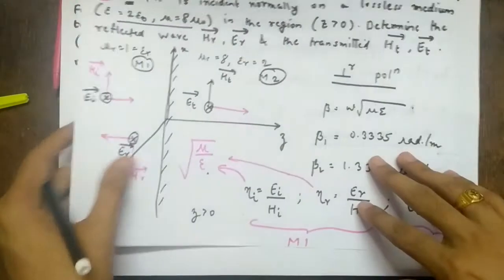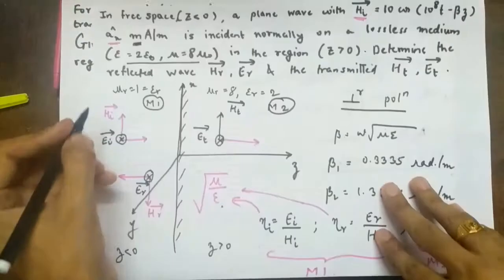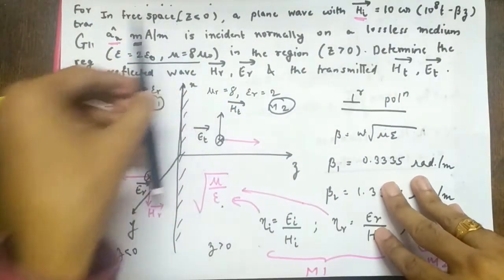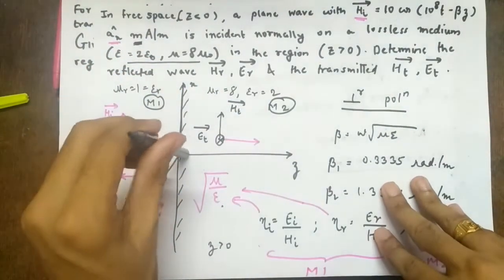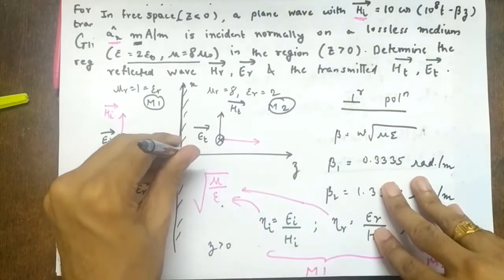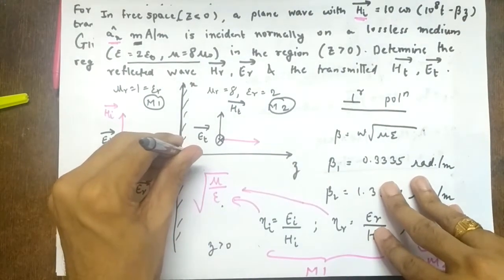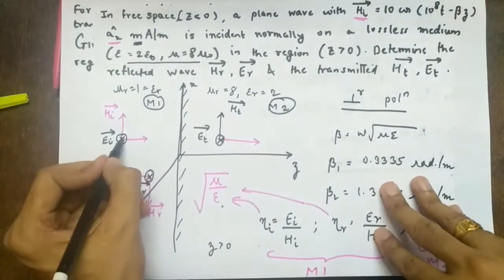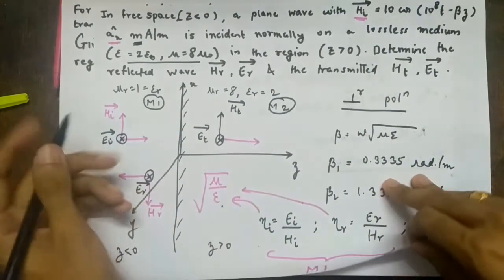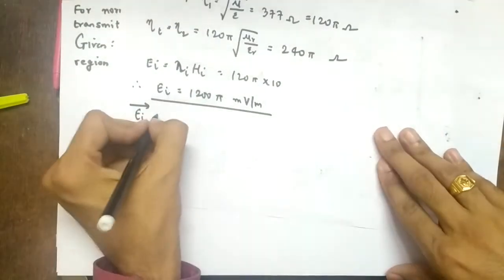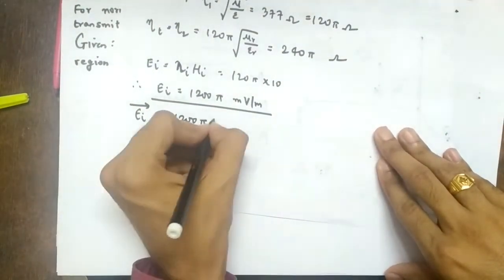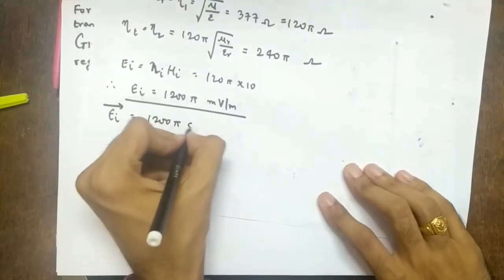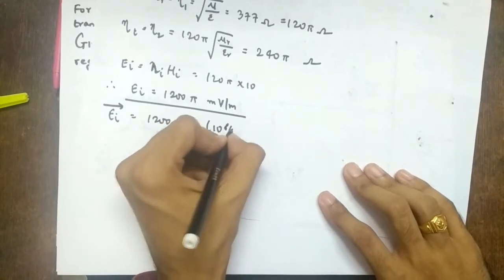So what will be the EI vector? From this you will get the direction. How is the EI vector? It is going into the paper. If you see, this is Z, this is X. Even though Y is looking like this, you have to think in 3D. So it will be perpendicular to X and Y, so it is coming towards you or out of the camera. Plus Y is for coming towards you, but this is a going-into symbol, so it is minus AY cap. Right? So the EI vector is 1200 pi, and this will be as it is, cos of 10 raised to 8 t